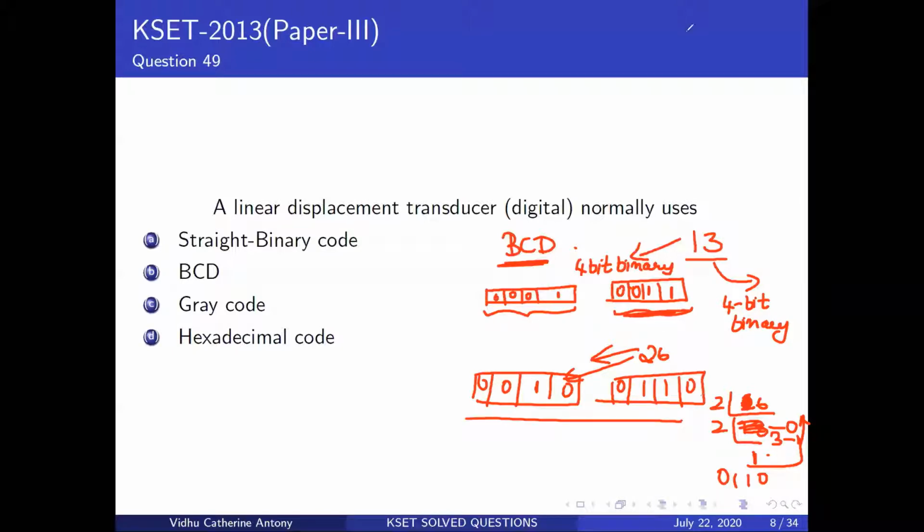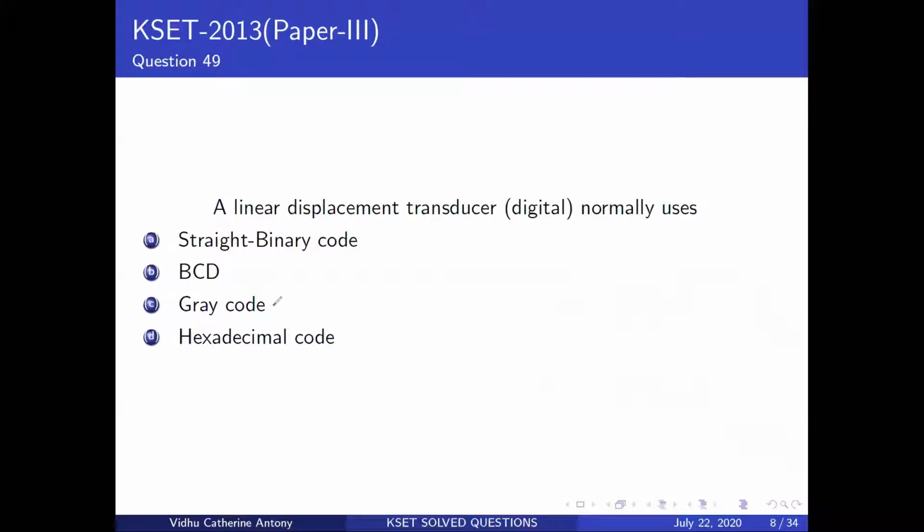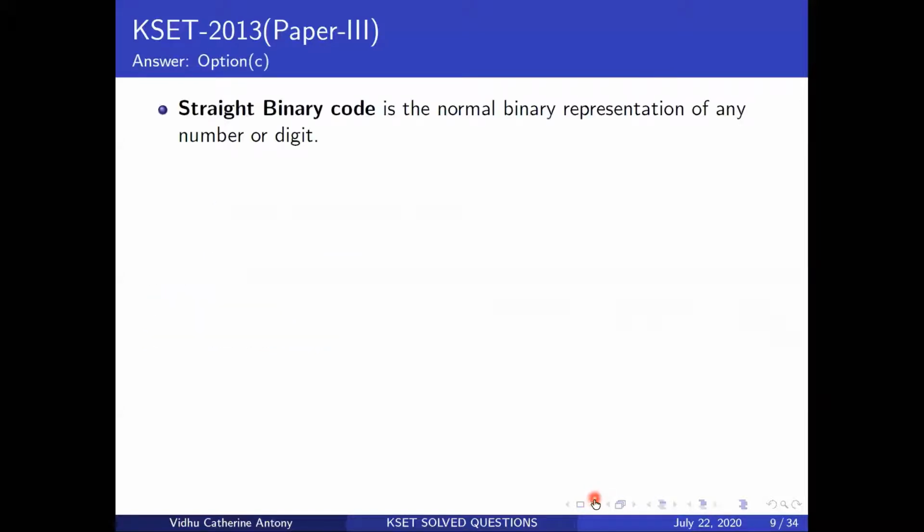Next you have your gray code. In gray code, only 1 bit changes from the previous one to the next one. There are a few ways to change from binary to gray code and gray code to binary, which I will be discussing. And then I will show you how hexadecimal looks. This is just to recap what you've done in your first semester electronics.